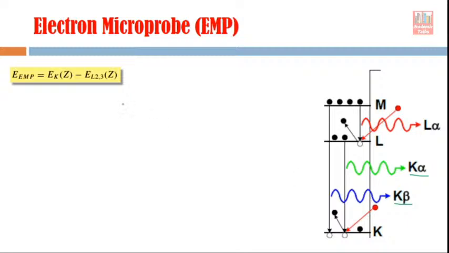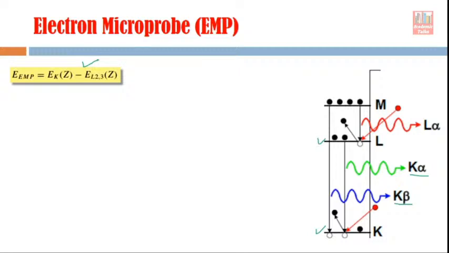Now the energy which comes out is normally measured as the difference of energy of the two levels between which the transition is taking place. For example, if the transition is taking place from L to K, from here to here, in that case the energy which comes out is the difference of energy of the K orbit minus the energy of the L orbit, right. So this is the energy of X-rays which comes out because of this transition from higher orbit to lower orbit.